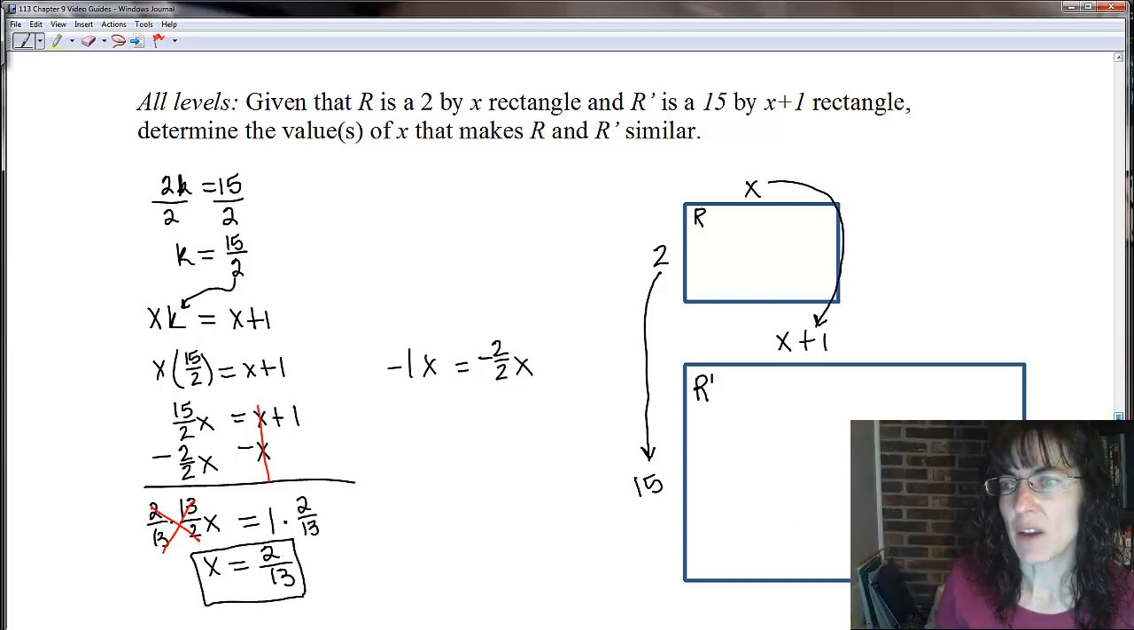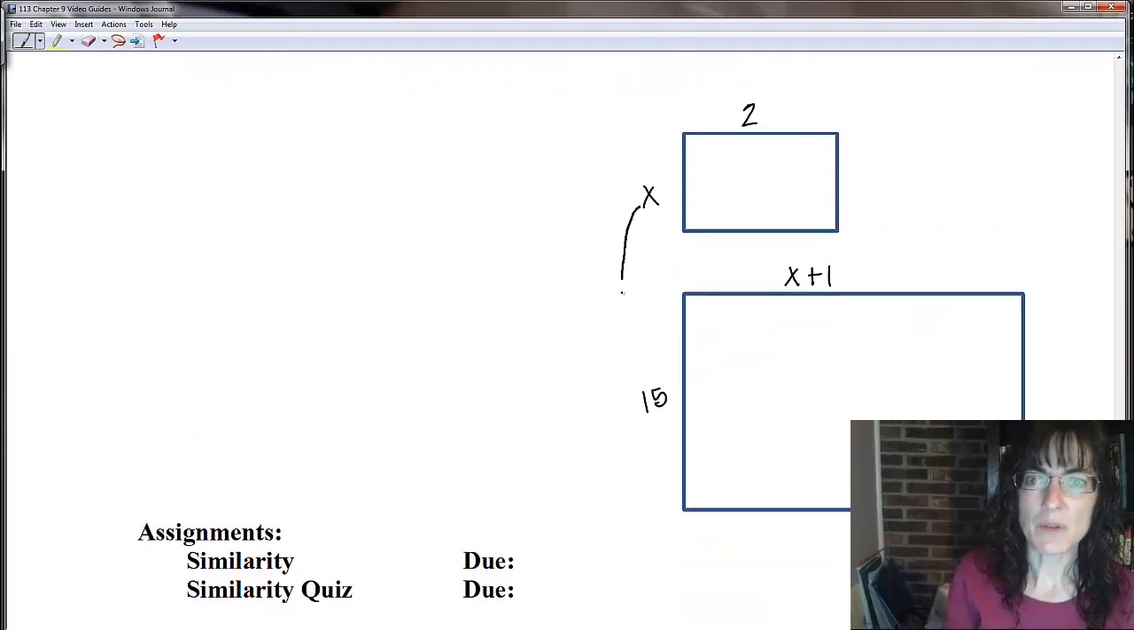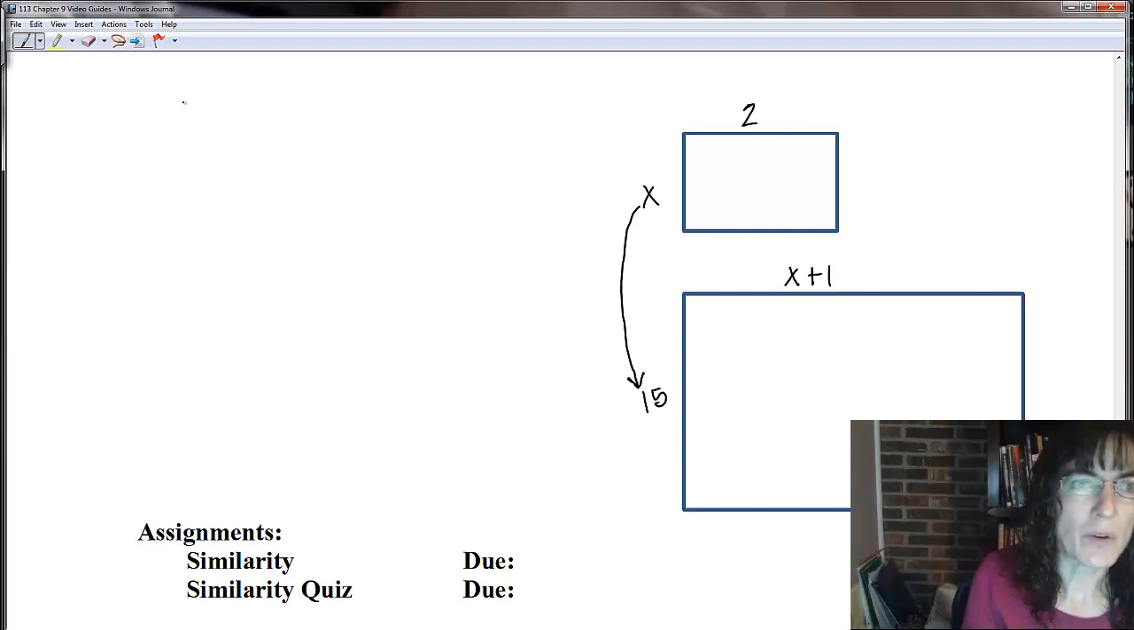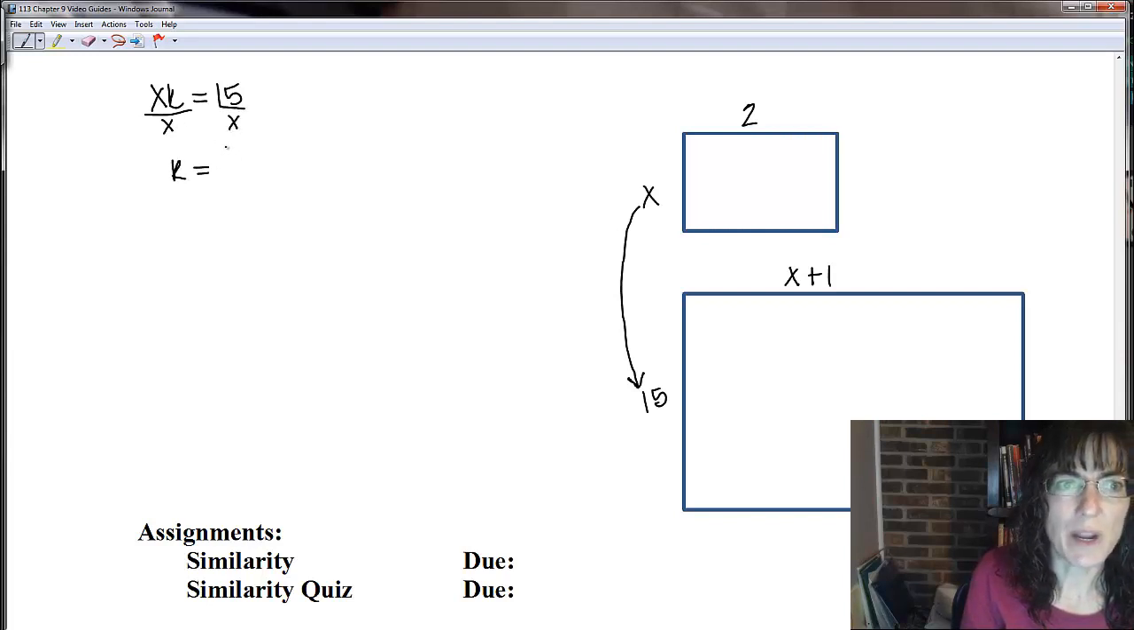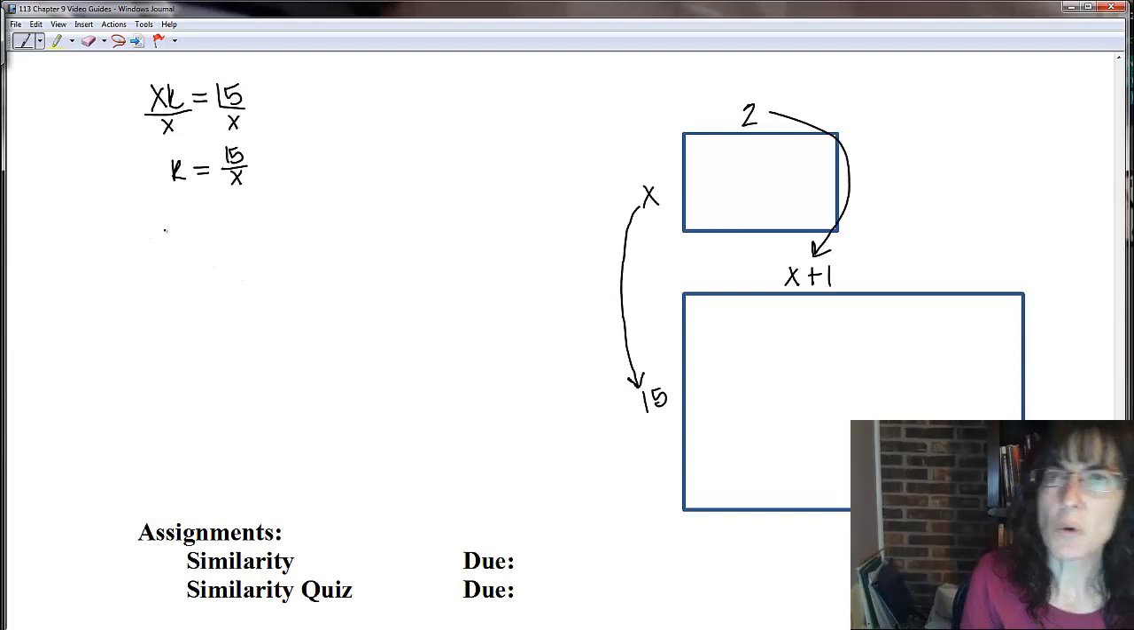I need to look at the other arrangement where I have an X by 2 so that I'm associating the corresponding sides X and 15 together. So I have XK equals 15 and divide both sides by X because I want to know what the K has to be for this pairing, and I'll have 15 over X. Then I'll associate the other two sides together, make them corresponding sides, so I'll have 2K equals X plus 1,